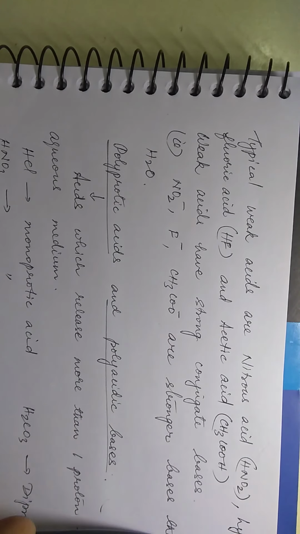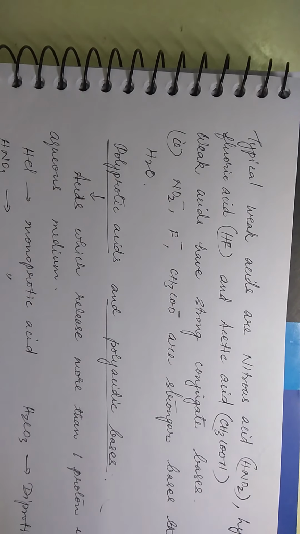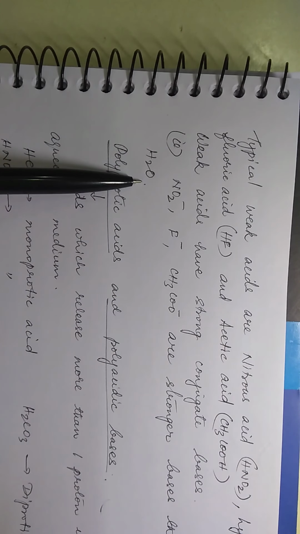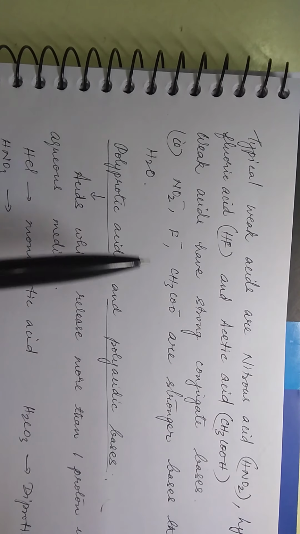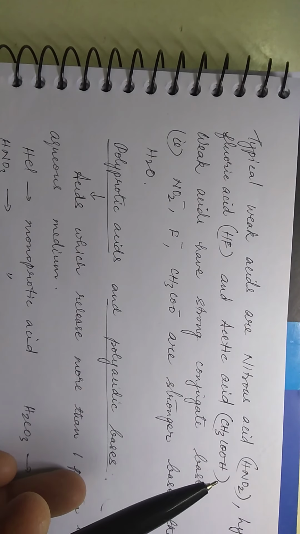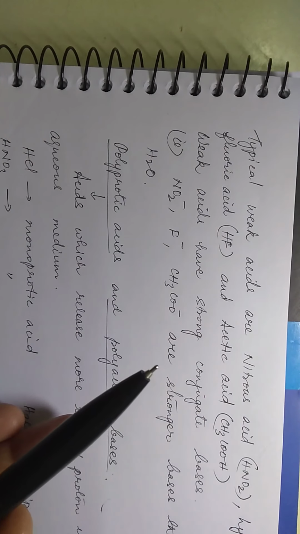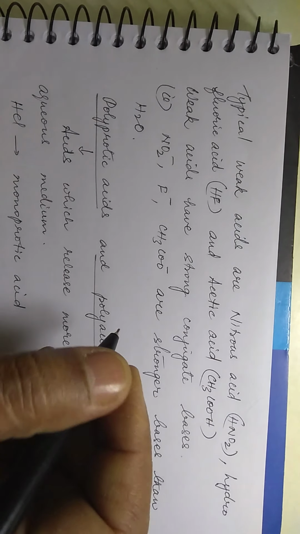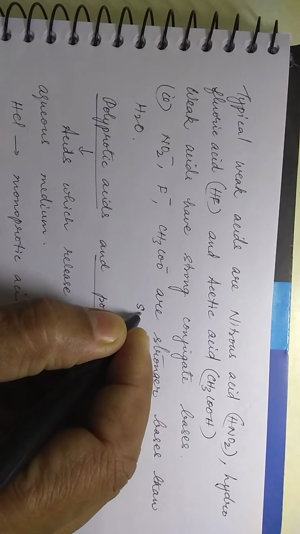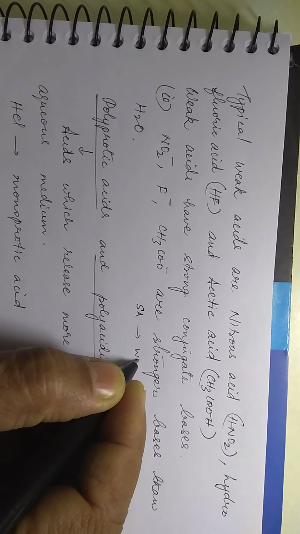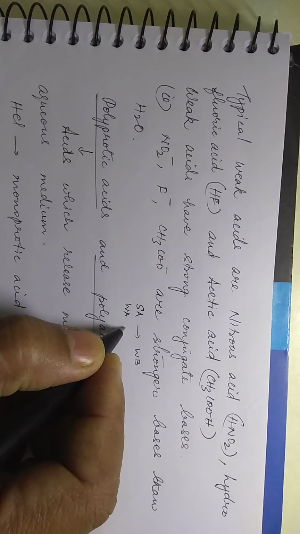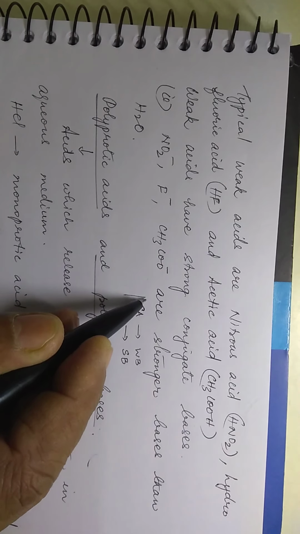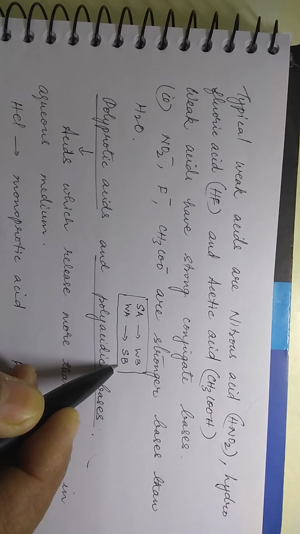So these are stronger bases than water. What we saw on the other side, they are all weaker bases than water. Here we are seeing they are stronger bases than water. So a weak acid gives you a stronger base and a strong acid gives you a weak base. Is that clear? So how can you make it in the form of a rhyme? Strong acid will give you a weak base and a weak acid will give you a strong base. Okay, so this is the mantra. You are not supposed to forget this at all.